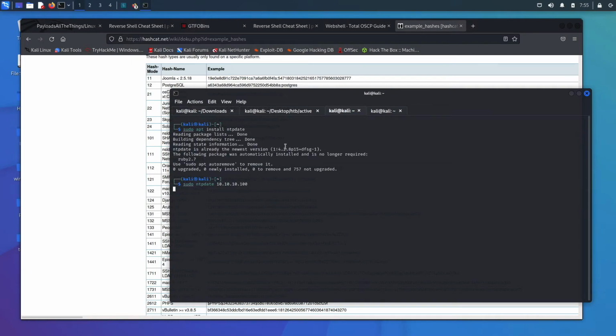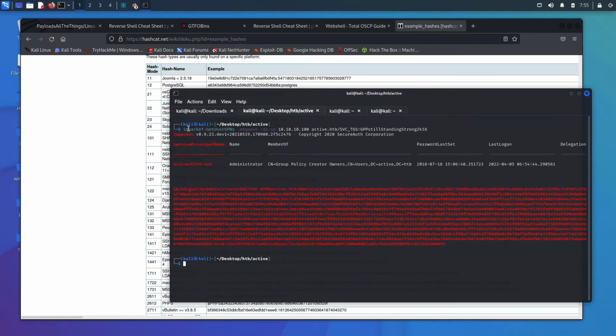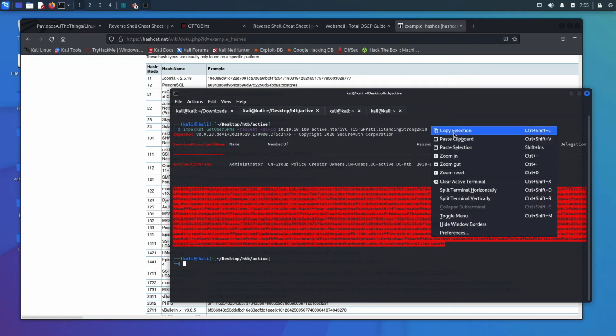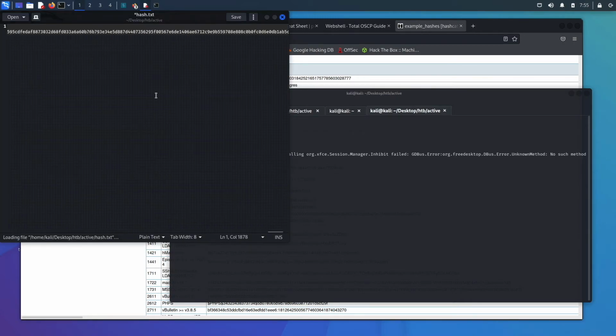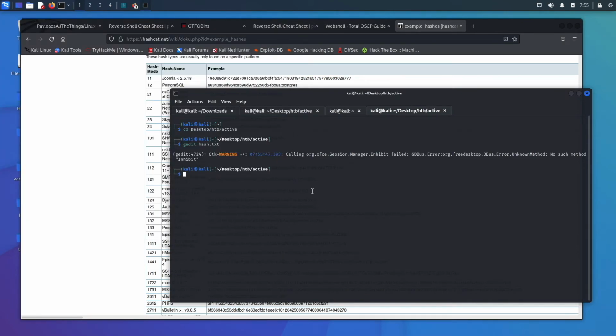And then you'll go back over to the Active Directory box that we're working on, and you'll go ahead and run this command, and you will get this output. And so we have the administrator name here, and this is their ticket. So we'll go ahead and copy that, and we'll cd into Desktop, HTB, and then we'll go into active, and then we're going to name this gedit hash.txt, and we will paste in the hash, and we can save it, and we're going to use hashcat to